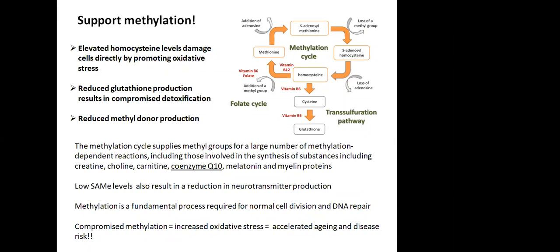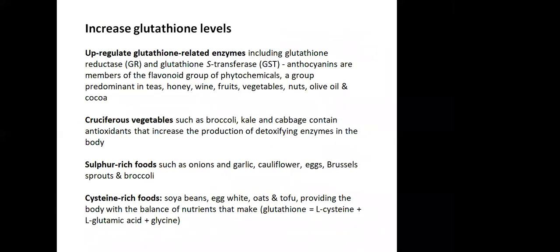And so if we have compromised methylation, we see an increase in oxidative stress, again going back to accelerated aging and increased risk for poor health and disease. So one focus is on increasing our glutathione levels. If we can do that, we can look after a number of pathways. We can do this quite easily by making sure that we consume plenty of cruciferous vegetables, sulfur-rich foods such as onions, garlic, and so on, and cysteine-rich foods, soya beans, tofu,